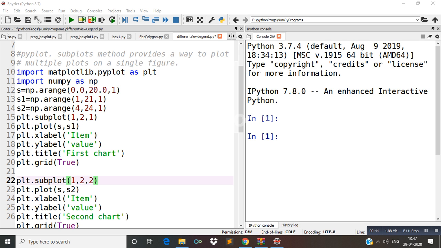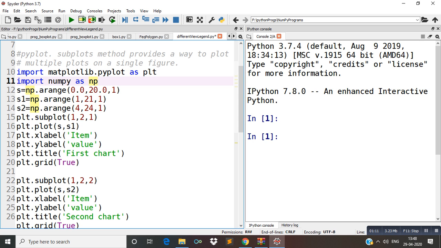And for this purpose we use a method. The name of that method is subplots. I have written here. See this. For this purpose, we use the subplot method to form more than one plot in a single figure. Now, using this given code, we will try to understand how this subplot function is used.